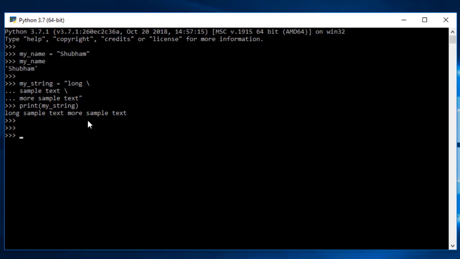What if I need to get actual lines, that is 3 lines of string, and then print it as 3 lines? Let me take another string and call it another, and if I want to leave a line, all I have to do is use backslash and n. That means it will leave a line while printing. So I use another, then I need to leave a line, I can say new line, again I want to leave a line, and then I can say another line. That's my closing string, and if I print that,